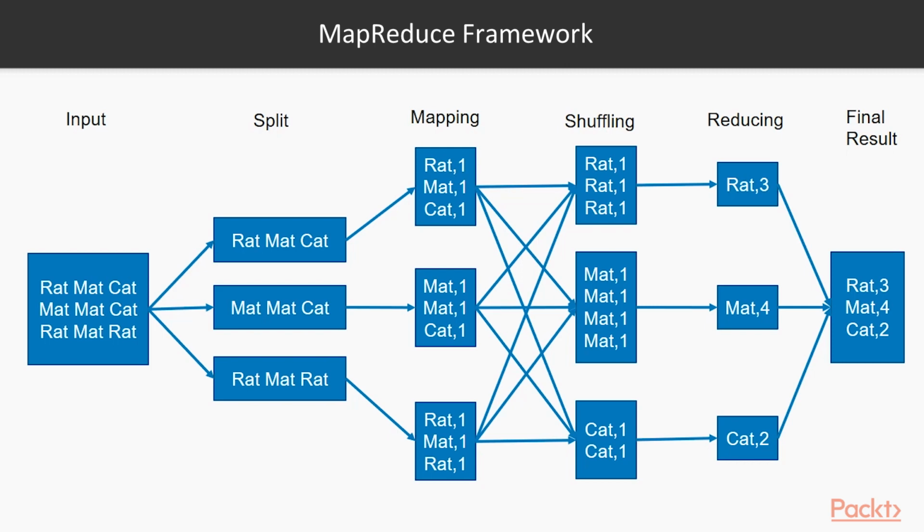Now here you can see that each value in that row is being converted into a key and value pair. Every time you pick up a word, you assign a key to that particular word, and that's how rat is rat comma 1, mat is mat comma 1, and cat is cat comma 1, and so on and so forth for all the distributed processing system. Now it's been done on different mapping devices,